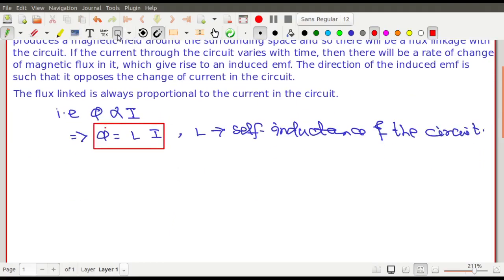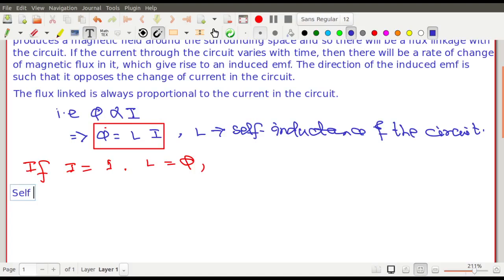Flux equals Li. What is the definition of L? You can define L in different types of ways. So L কে অনেক ভাবে ডিফাইন করা যায়, আমি একটা করার চেষ্টা করছি। If I equals 1, then you understand that L equals the flux. What does it mean? That is, the self inductance is defined as the